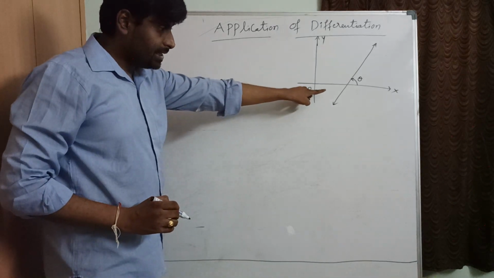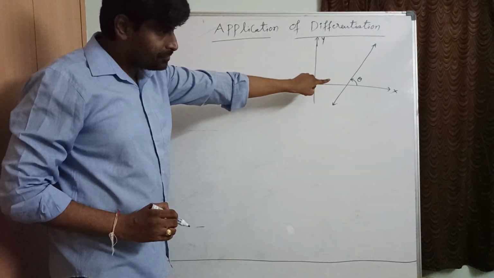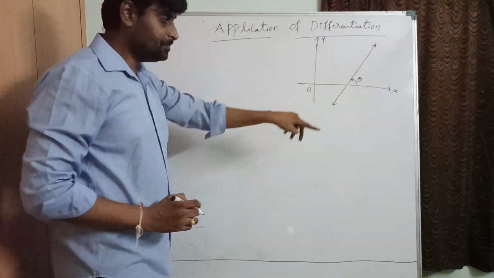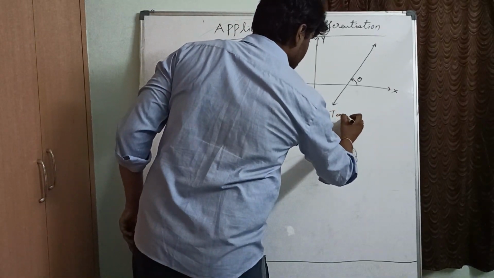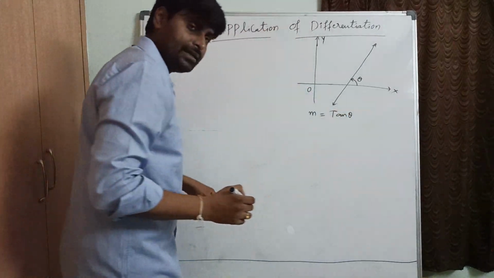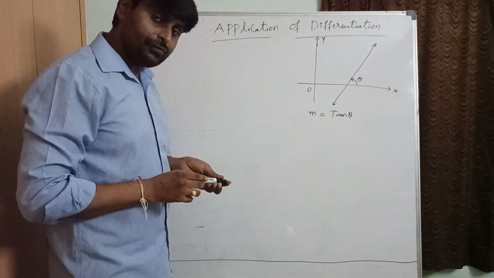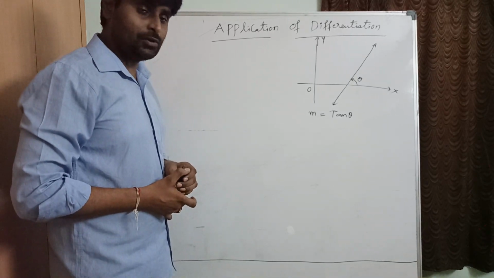Generally, as we have learned, how can you find the slope of a tangent? By using its inclination, correct. Now tell me, what is the slope of this straight line here? So m equals tan theta, that we know. By substituting that inclination in tan theta, we are going to find the slope or gradient of that line, that we know, right?